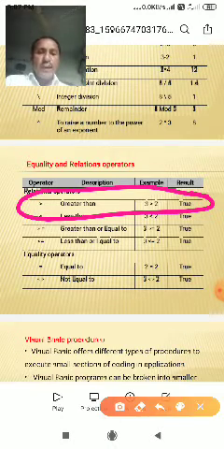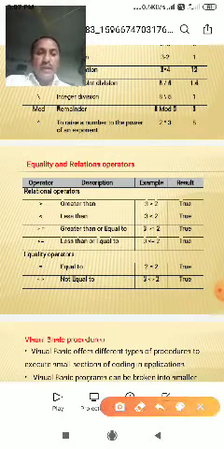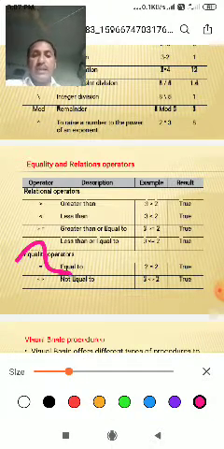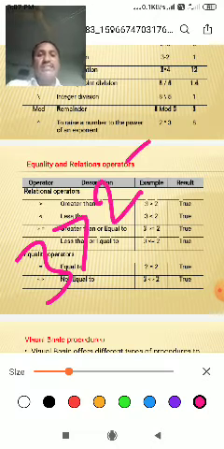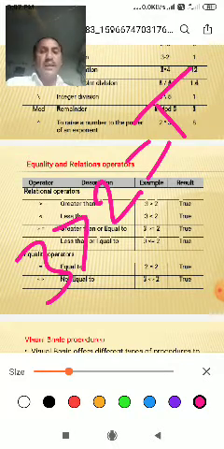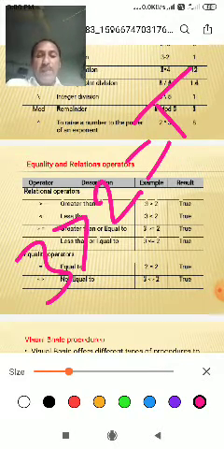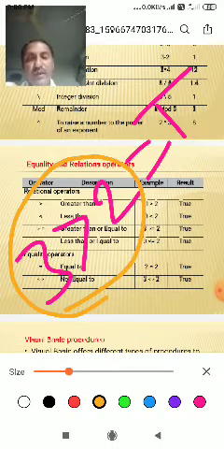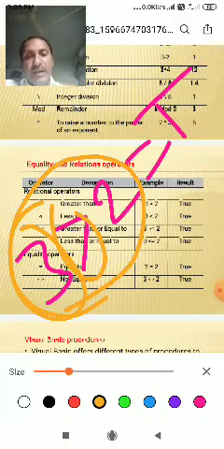For the greater than comparison, 3 greater than 2 is a true value. We compare both values, 3 greater than 2.